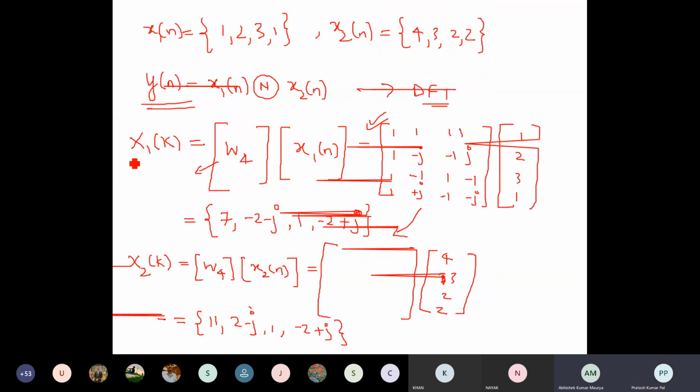So once we have found out the x1k and x2k, we will multiply these two signals. Okay, okay, finally